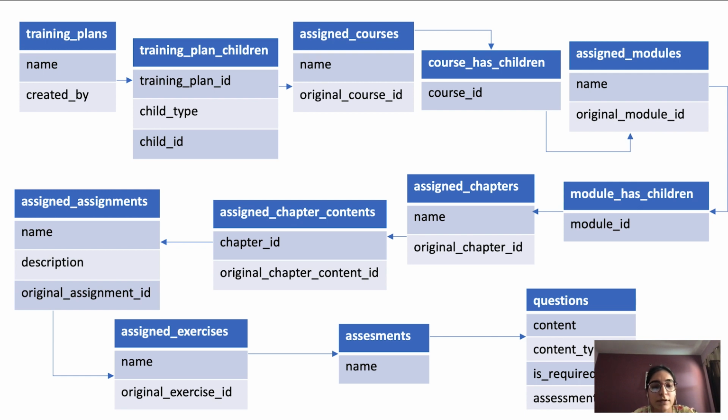So we are having some of the exercises which will be getting stored in assigned exercises table that requires name, original exercise ID, and then we are having assessments and questions which will be answered by the trainer. So next will be,